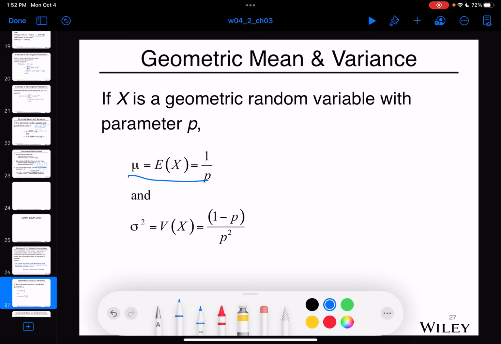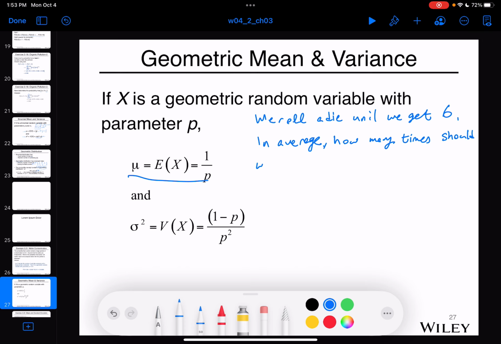So again, let's go back to our running example. So we roll a die until we get a 6, right? So this time we want to get a 6. On average, how many times should we roll,